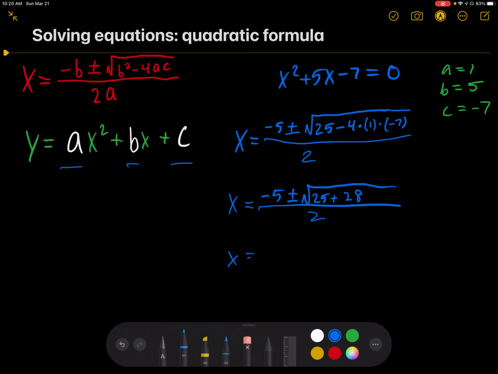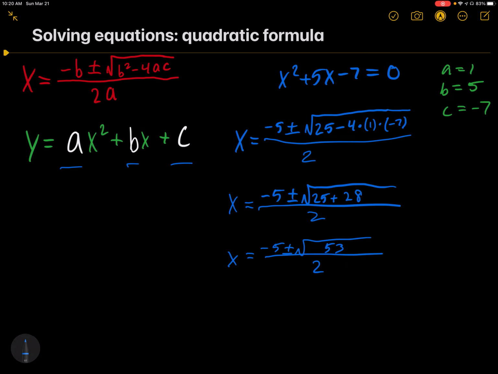And next step, just keep on simplifying. Negative 5 plus or minus the square root of 25 plus 28, which is 53. There we go, 53, and it's still all over 2. And here's the thing though, that can pretty much be our final answer. We can just come over here and just say x equals negative 5 plus or minus the square root of